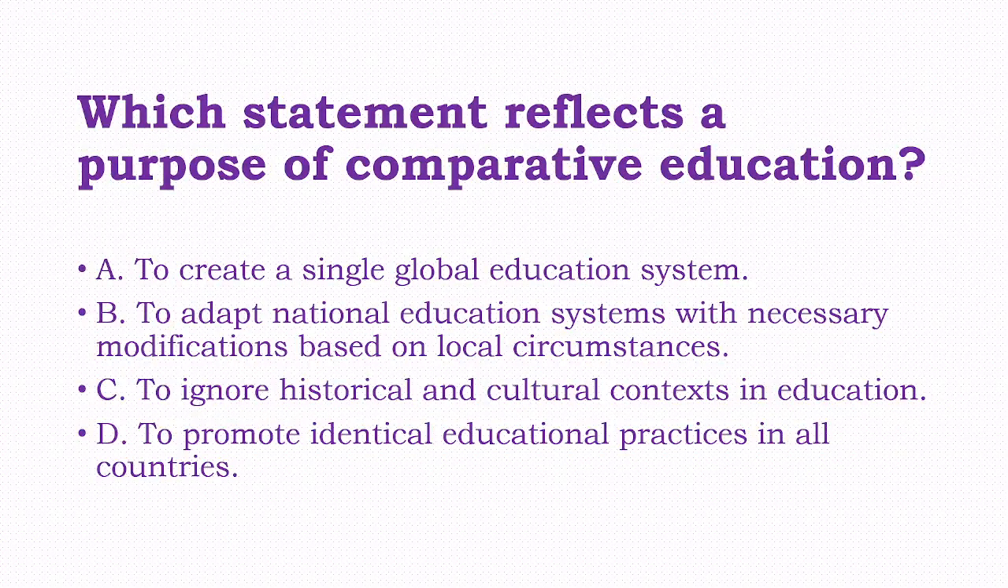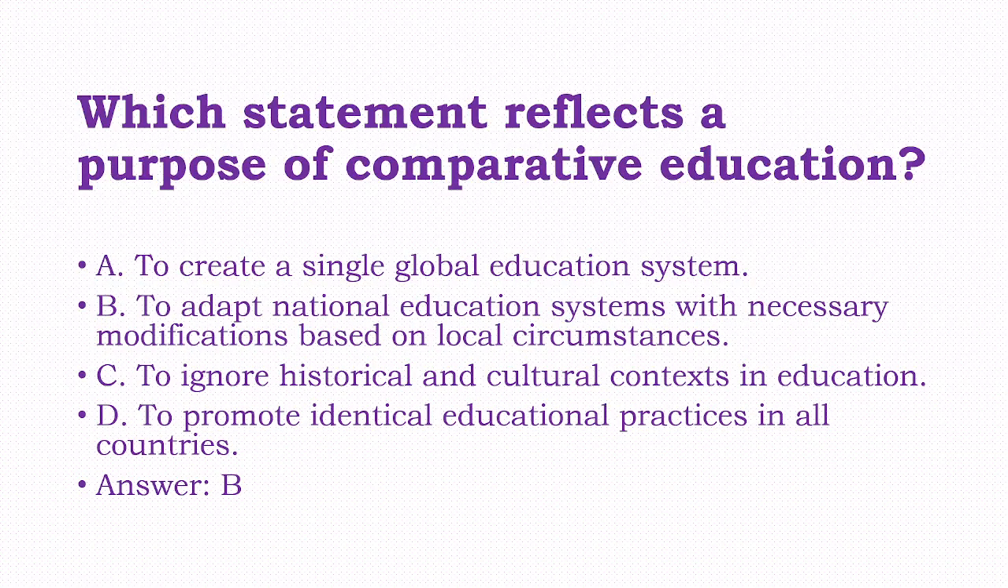Next, which statement reflects purpose of comparative education? Options: to create a single global education system, to adopt national education system with necessary modifications based on local circumstances, to ignore historical and cultural context in education, to promote identical educational practices in all countries. Answer of this question is option B, that is to adopt national education system with necessary modification based on local